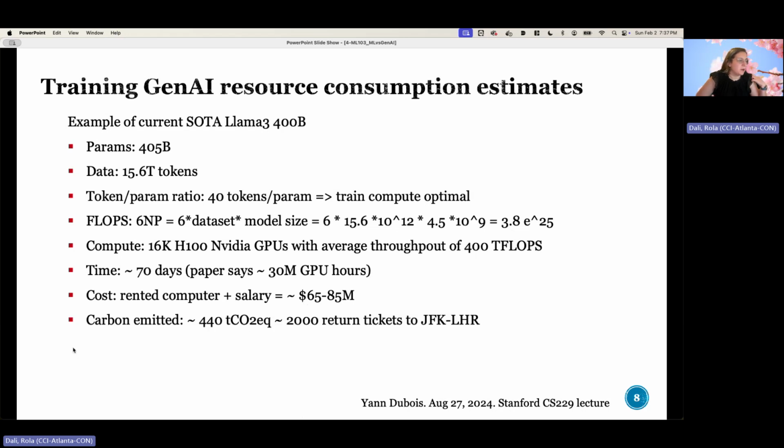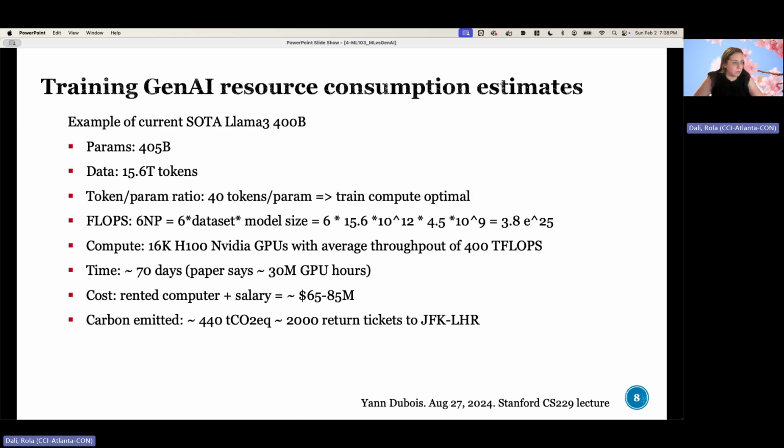And the carbon emitted is about 440, I guess that's tera CO2, which is equivalent to about 2,000 return tickets from JFK to London. Okay. And so this shows you that training a model from scratch, which is really, really intense, is not for the average individual anymore. It's now been constrained to companies that have a lot of resources,